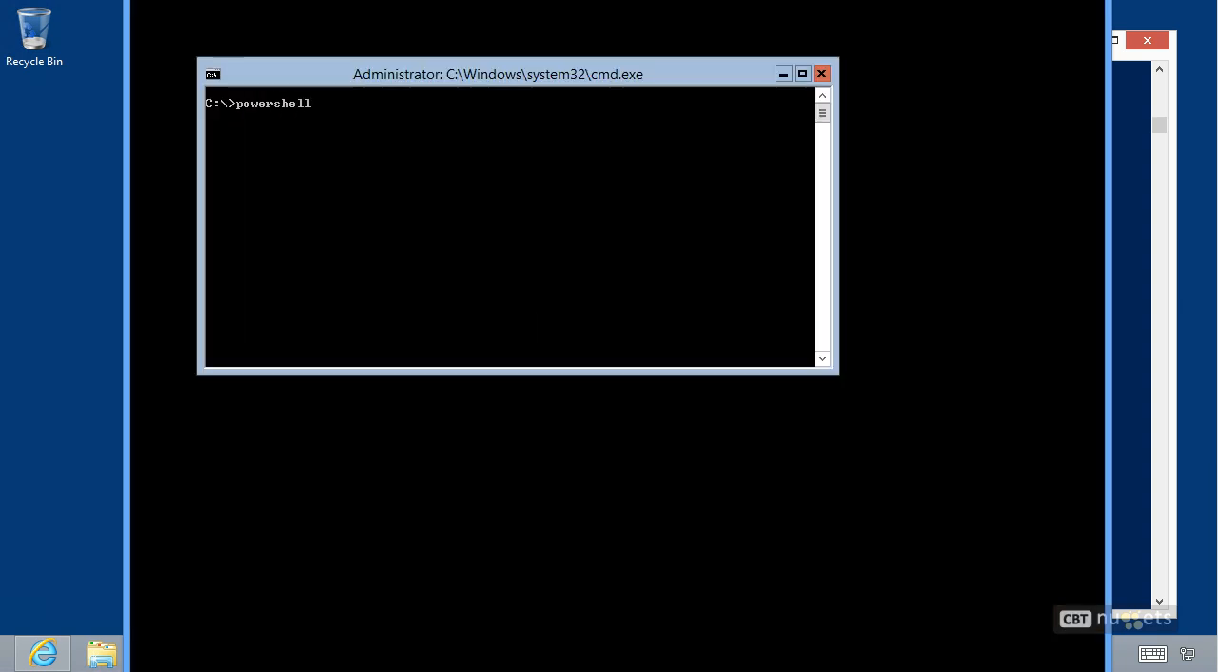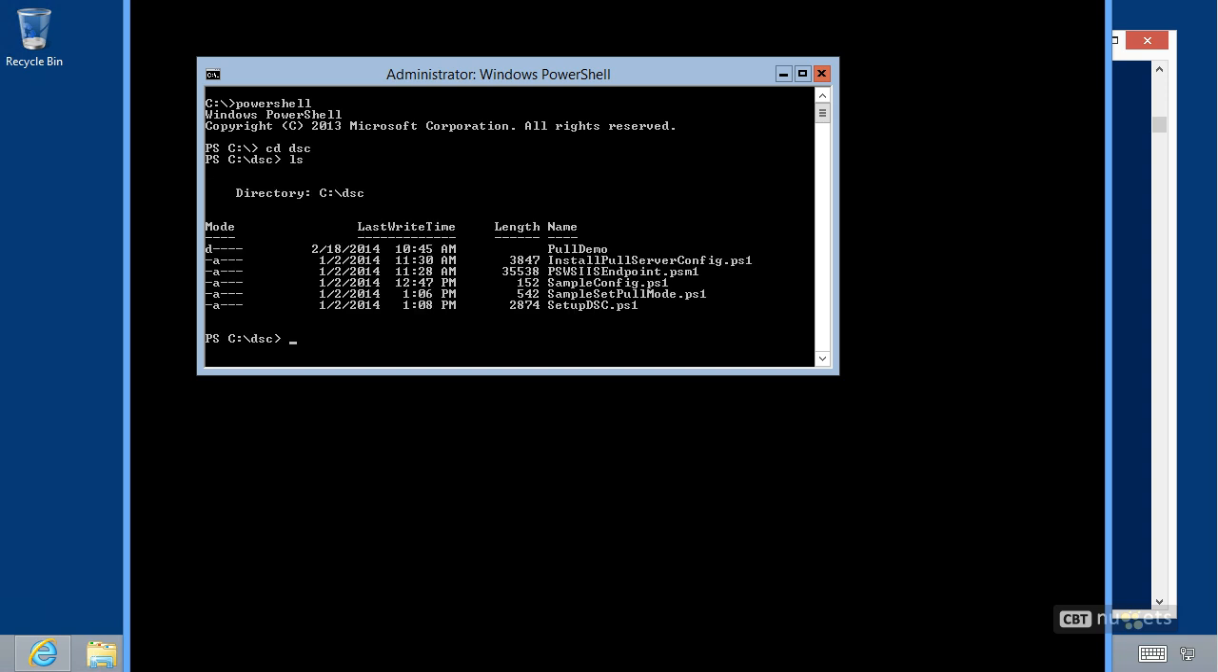So PowerShell, cd dsc, there's PullDemo. Okay, so let's say I'm ready now to push this PullDemo configuration out to its member nodes. What do I do? Well, I really just have to run a command. Start-DscConfiguration. Computer name is member2 dot,